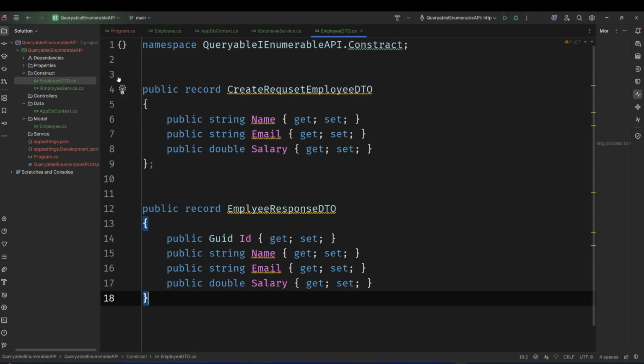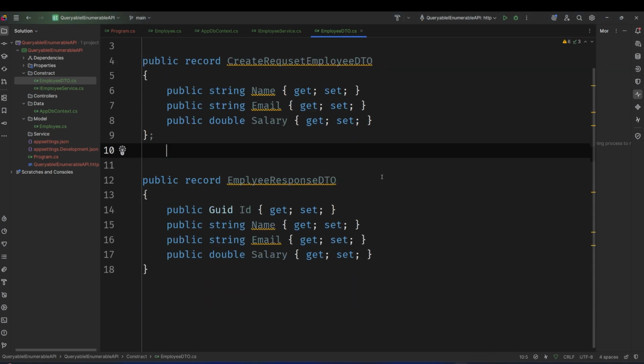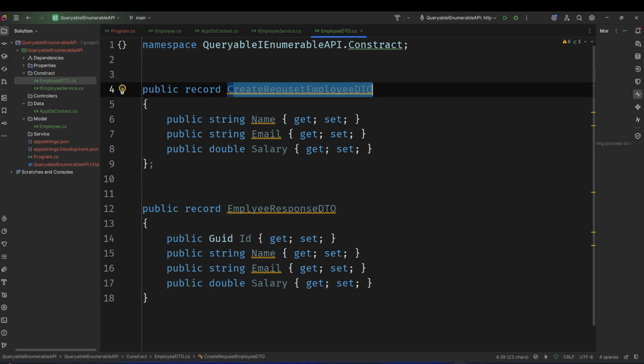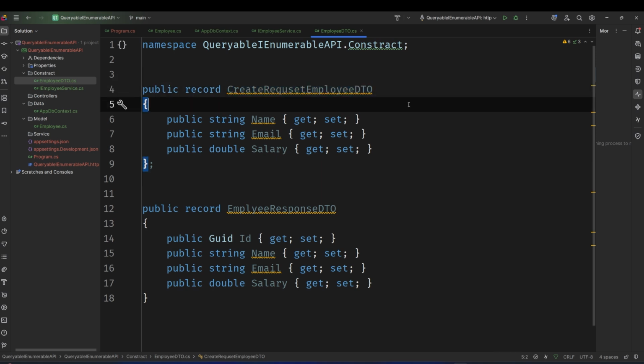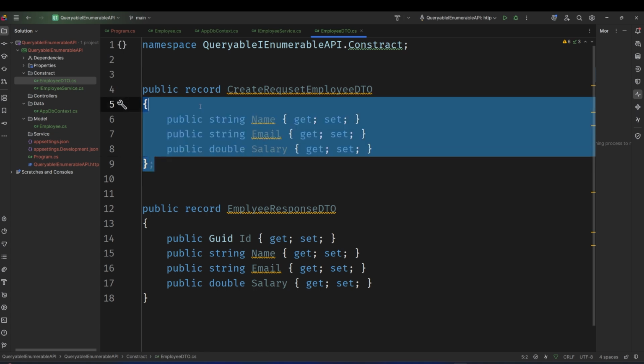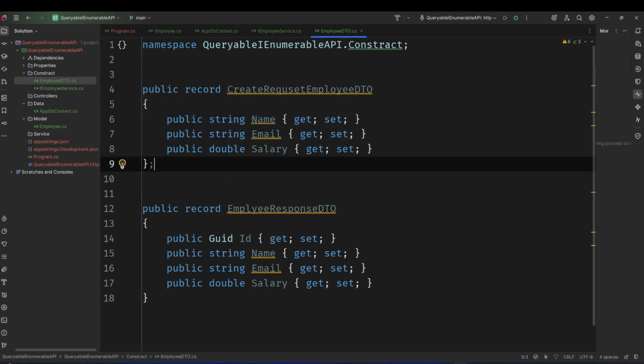So let's go and have this. What we do is create the employee request DTO. This helps us to create, because with this API we're going to create the data, and after that we work with the data using IQueryable and IEnumerable. So we have this DTO setting it up, and the next thing is that we can then bring in all the